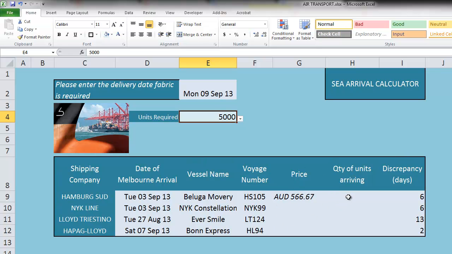Finally, for quantity of units arriving, it's simply a straight equals whatever we select in that cell. So you can absolute that and drag it down. So if I change that